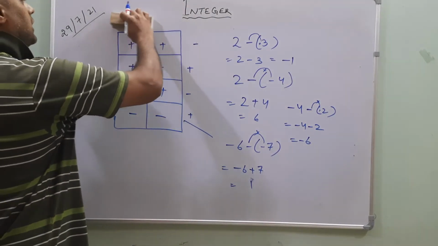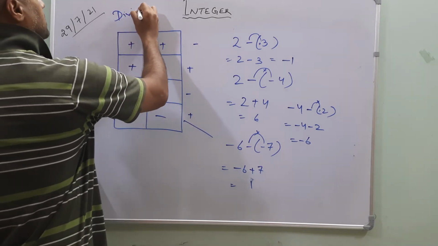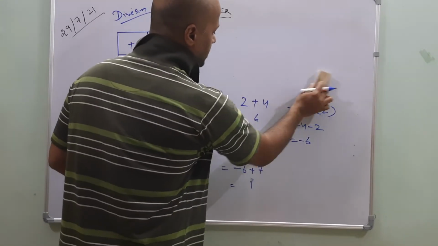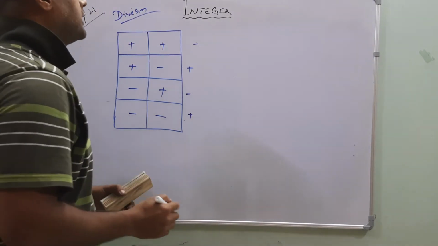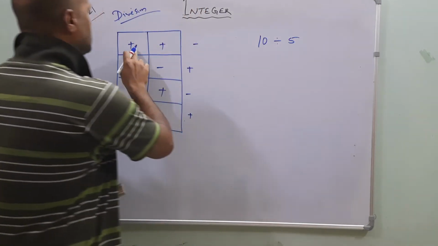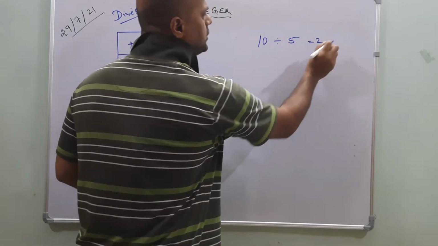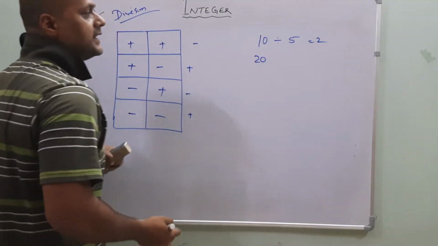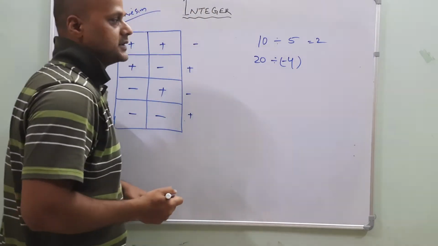Okay, now the case of division. If the integers are divided with each other, then what will happen? Okay, now remember one by one, friends, so that it will be helpful for you. Okay, 10 divided by 5, both of them are positive. We know it. 10 divided by 5 is how much? 2. Simplicity is there. 1 plus is there, divided with 1 minus is there. What will be the result?